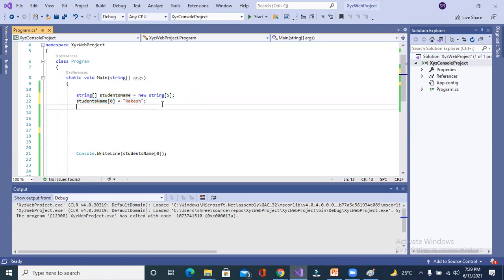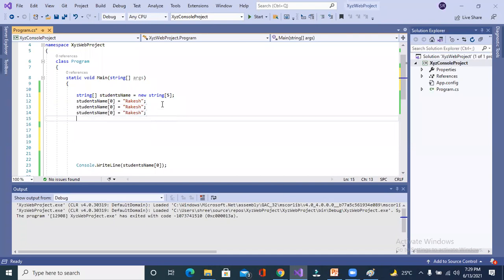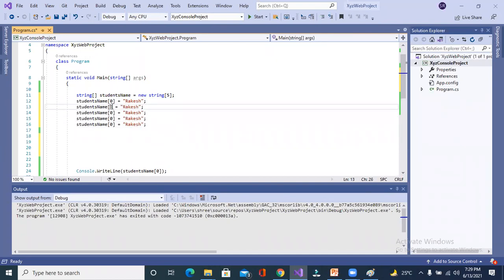What I am doing here, I am going to store the result of 5 students: 1, 2, 3, 4, 5. One thing more here I'm going to show you, like Rakesh.